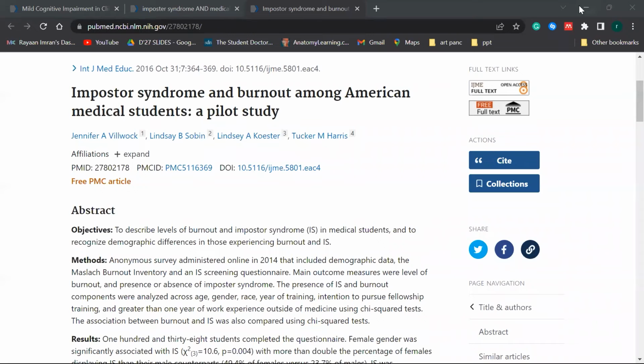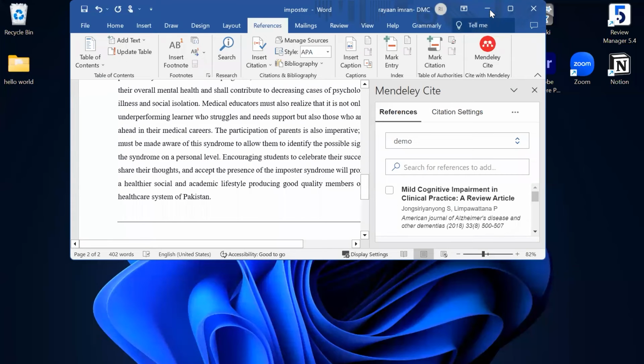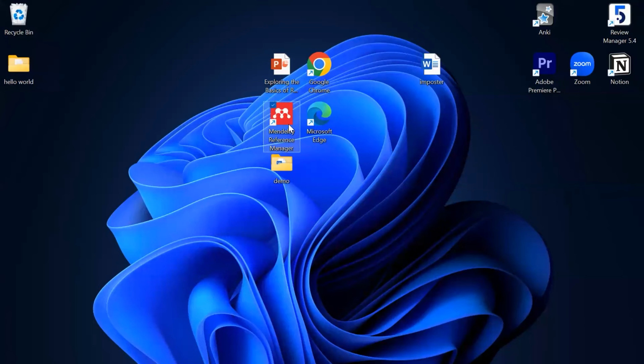Next, I'm going to show you another thing, and that is this particular application. Can you see my screen, guys? Can you see this Mendeley Reference Manager? Okay, perfect. So there are two types of applications that Mendeley has. You have to download the Mendeley Reference Manager.